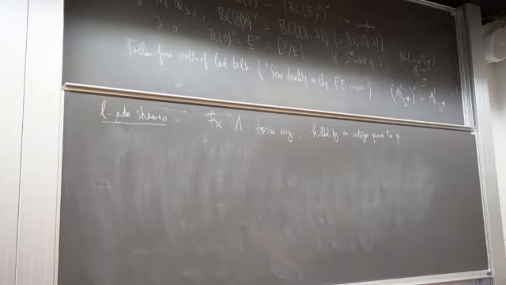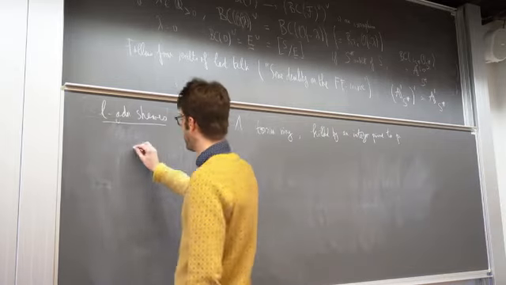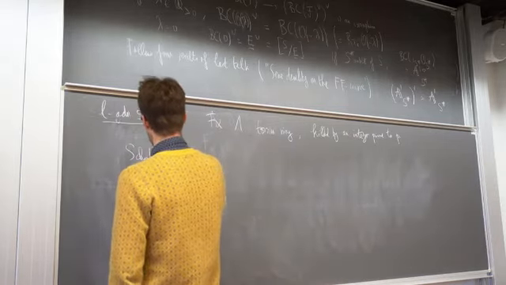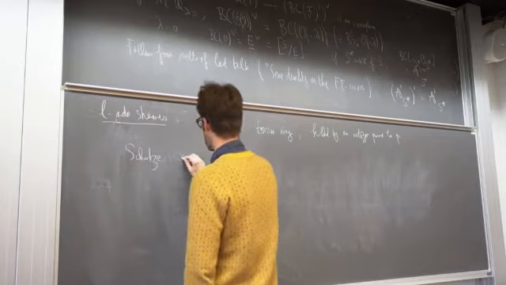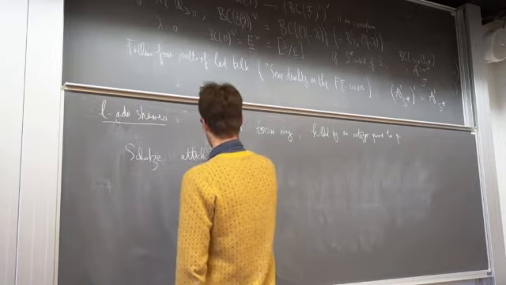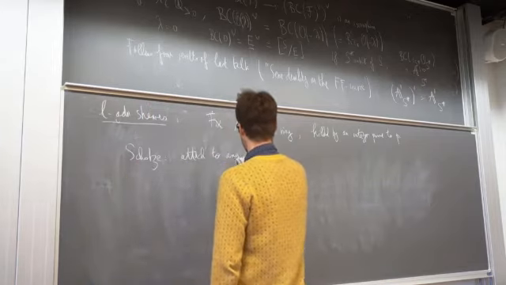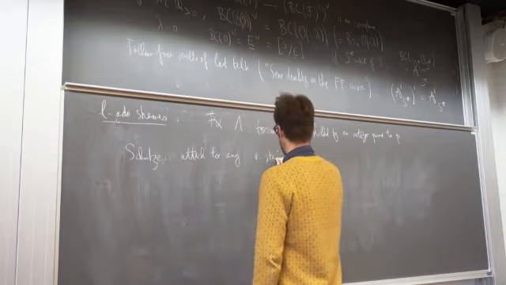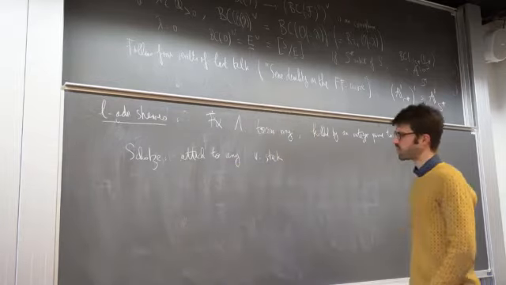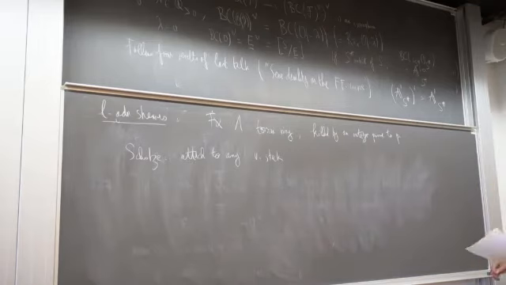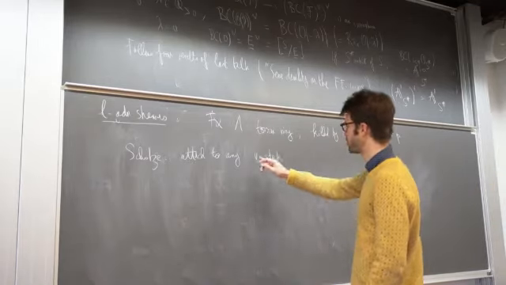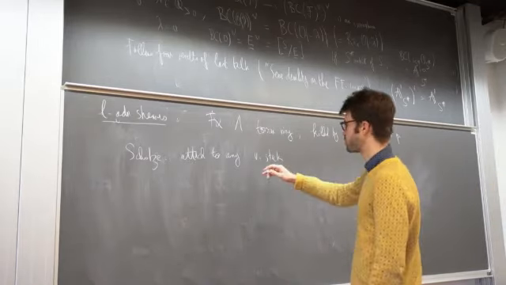For example, fix a prime l different from p and look at Z modulo l to the n. So Scholze was able to attach to any stack Y, there is actually a little technical condition, called smallness, which I will skip,